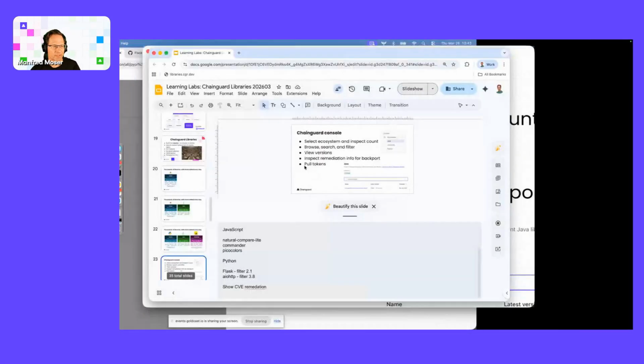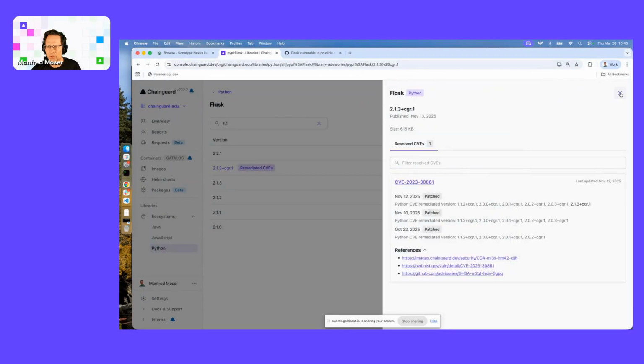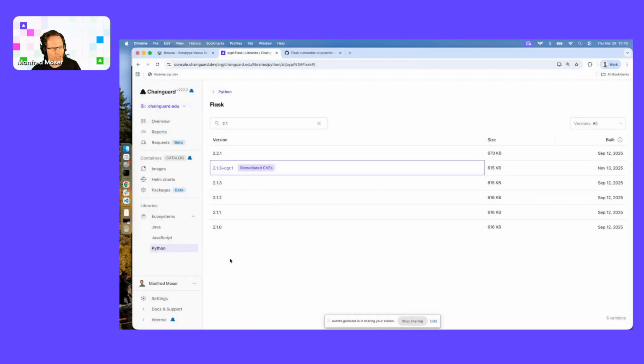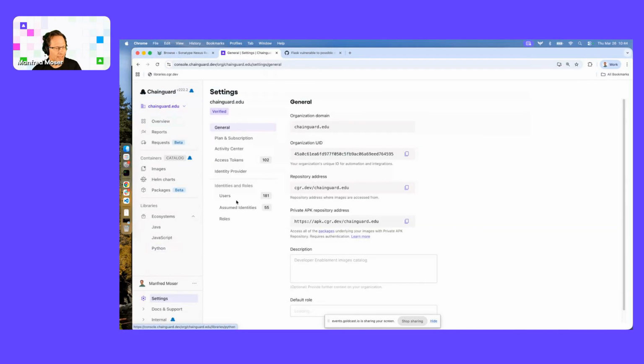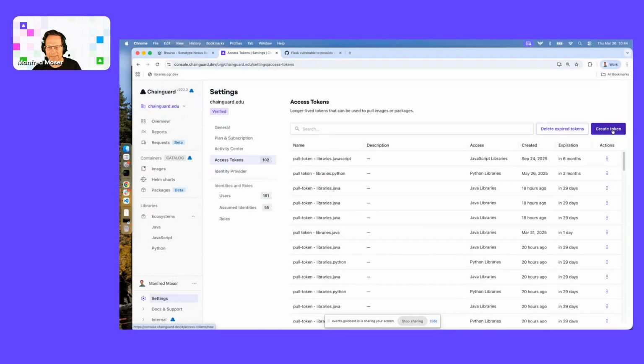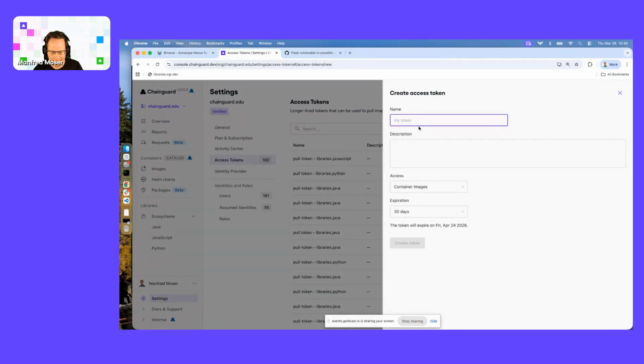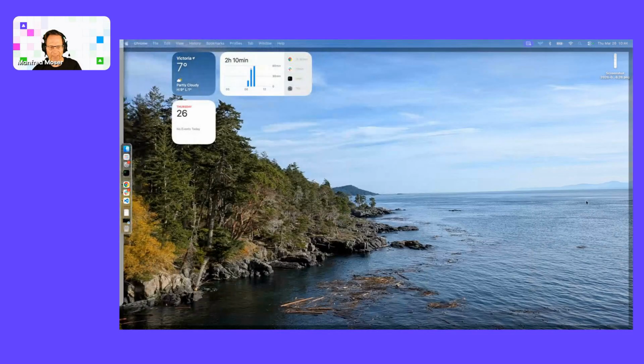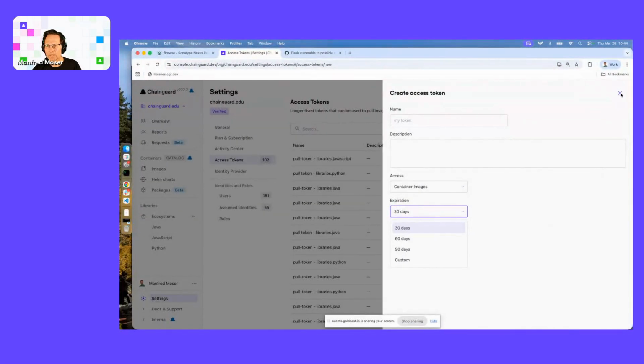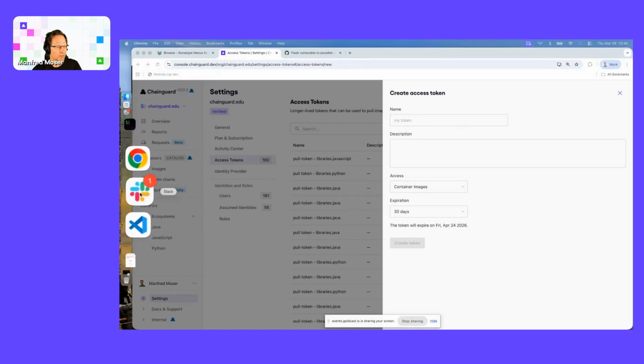The other thing you can do is in the console also get your pull token. Once you have seen the libraries here, you can get access to the pull tokens. You can go and get an access token by just creating one and giving it a name, whatever your token, and then you set what you want to have access to, Chainguard Java libraries or whatever. And you can also set how long it will be valid for. Oops, sorry. The other aspect on how to get the library access token is